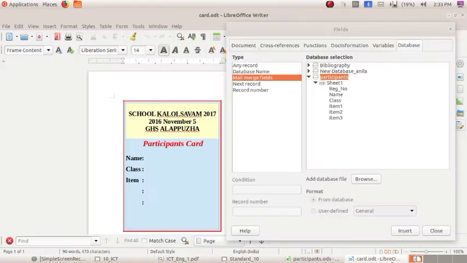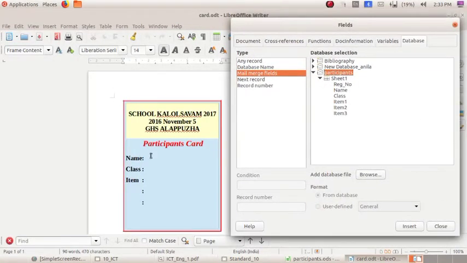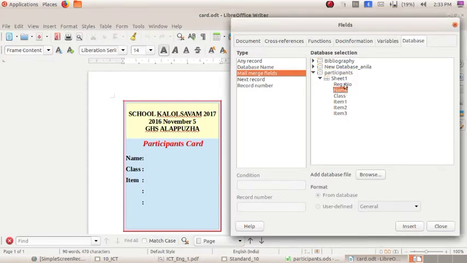Here we want to keep this fields window to a side. Place the cursor just after name, then select name. We don't want the register number.